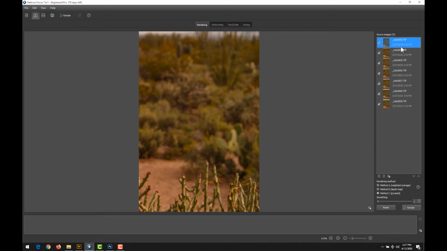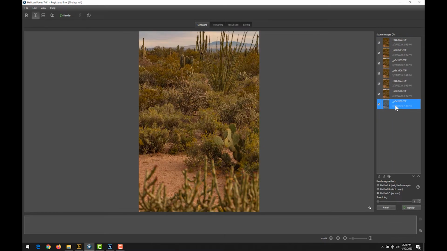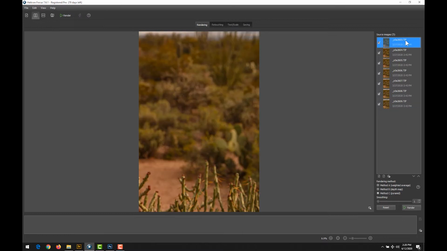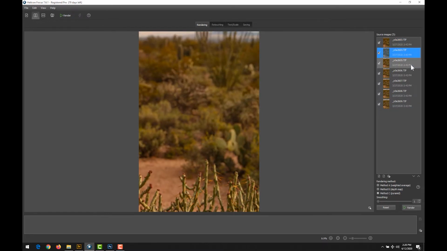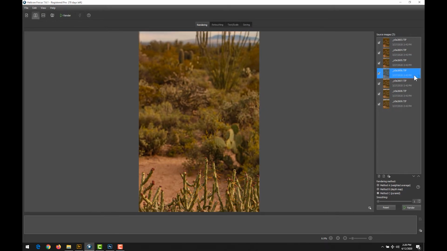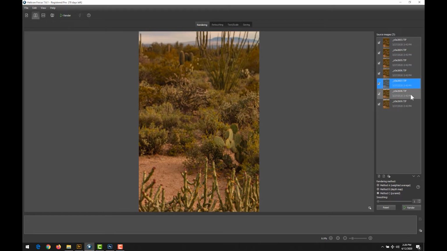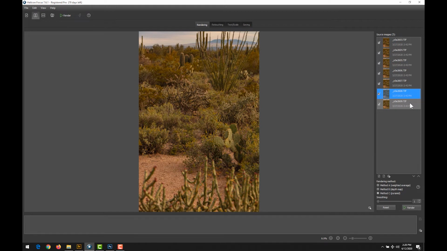We see the 7 files here. If I click this one, we'll see that it's the one that's the far focused. This is the near focused, and as I step through there, you'll see the focusing get further and further away as the focus sequence has been